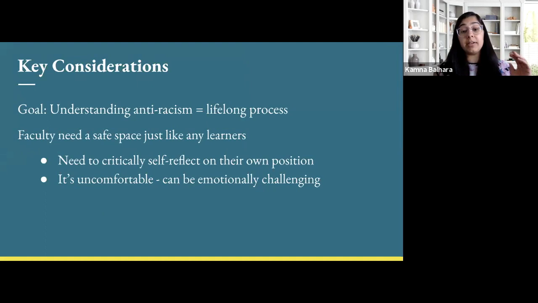Anti-racist curricula require intentionality and self-reflection, and it's a lifelong learning process. In addition to becoming familiar with the historical underpinnings of racism in healthcare and medical education, preparation also involves faculty themselves reflecting on their biases, their comfort level, their motivation for engaging in these anti-racist pedagogical activities. We can't ask residents to critically reflect on these issues and be vulnerable if we're unwilling to do it ourselves. So we have to lead by example and walk the same walk that we're asking others to do.